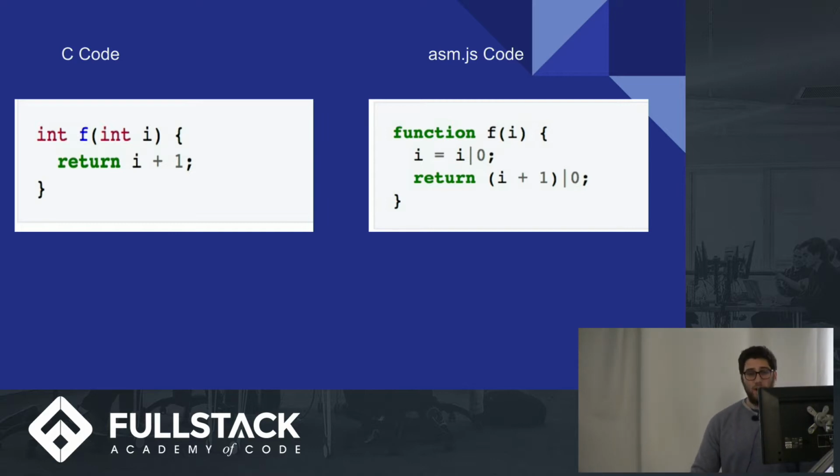And so we have a function, right? This is JavaScript. We've all seen these things. And so here, as you can see with the I variable, we have this pipe and 0. And then all of a sudden you see it at the bottom as well in the return statement, which kind of looks strange, but that's